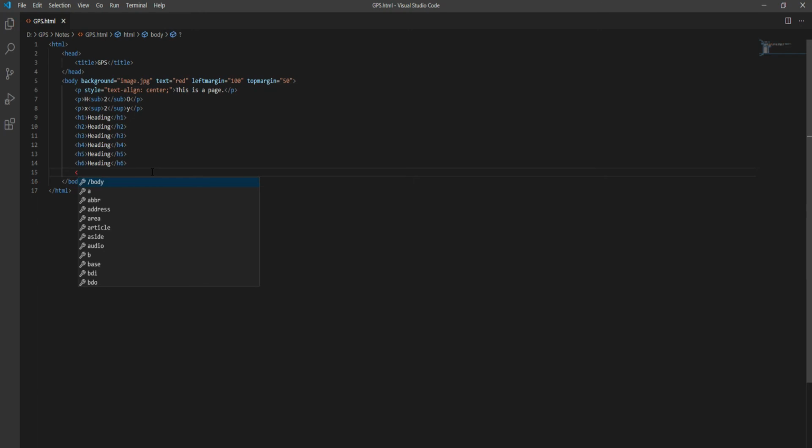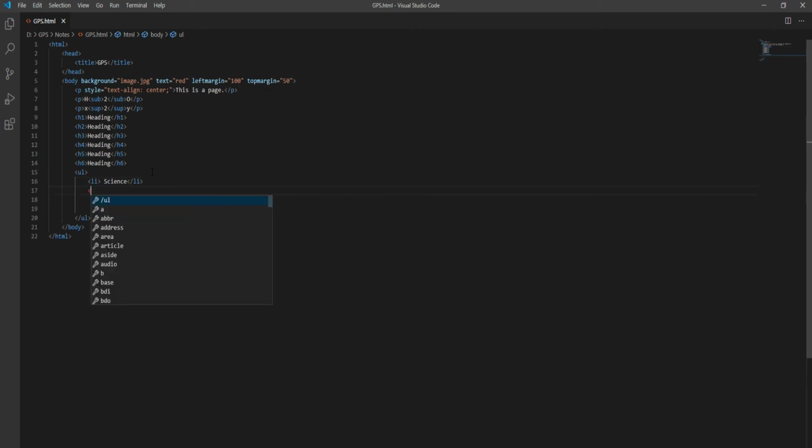As we can see, this is the unordered list, and we have to write the elements here, that is li. It means list item. The first item, let's suppose we are creating a subject list, is science.